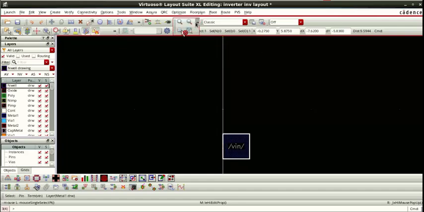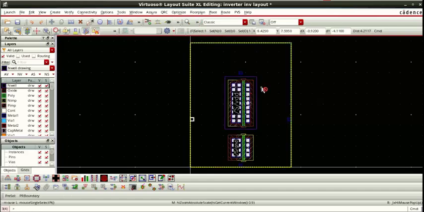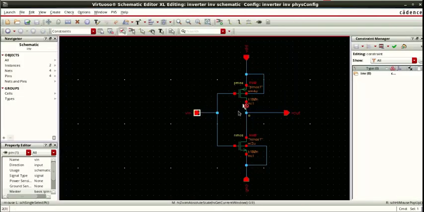So we have got our PMOS and NMOS. Now we are going to make the connections as per the schematic. Like, what is the connection? See the schematic, what is the connection we have? We can see that the drain and drain is connected, and output pin is given to the drain. Gate and gate is connected, and the input pin is given to the common terminal of the gate. Source of PMOS is given to the VDD, and source of NMOS is given to the ground. Okay. So similar way we are going to connect in the layout.